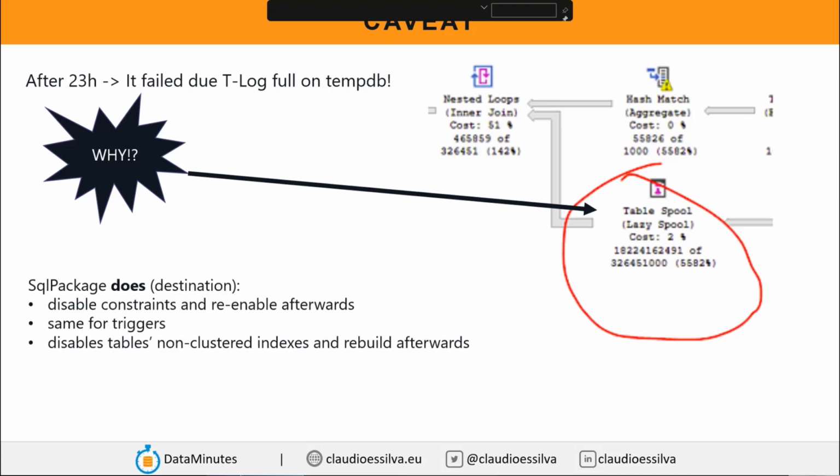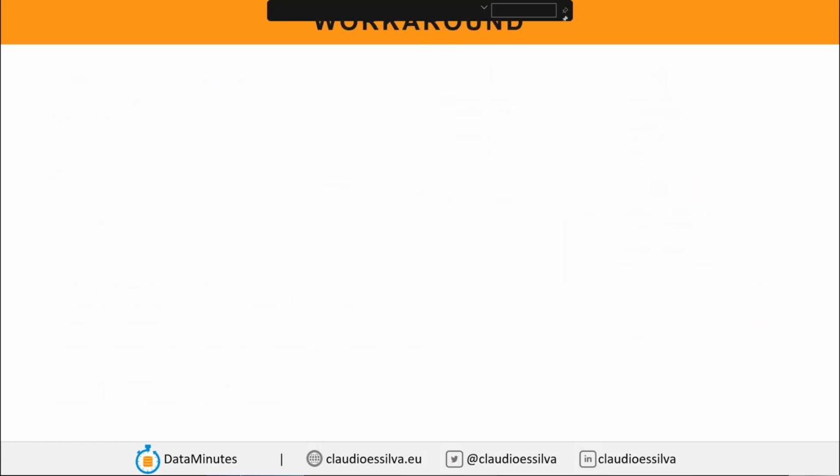The first thing to keep in mind is that SqlPackage does things that are good, like disabling constraints and triggers and re-enabling them, and disabling and re-enabling the non-clustered indexes. But what it doesn't do is disable the indexes of indexed views. So the indexed views are not disabled, which means the views are there, materialized. If you are inserting data on the base tables, you are already pre-calculating these indexed views, which can create a huge amount of work and take much, much longer to run. Therefore, the workaround that I got at the time